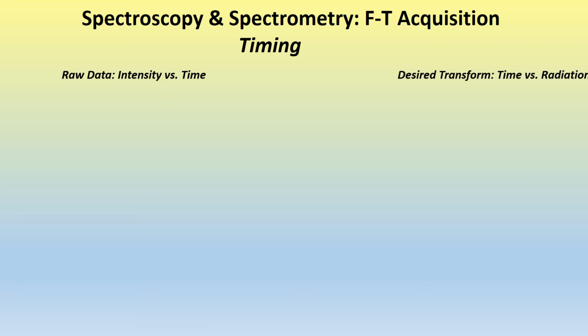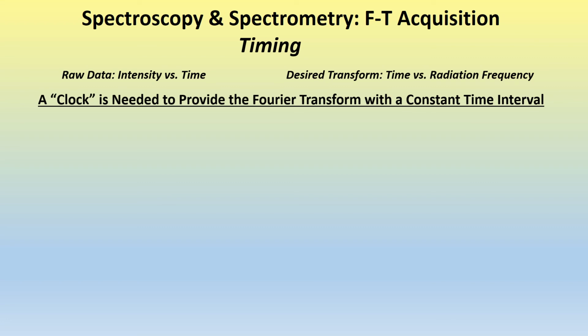Fourier transforms are based purely on timing. The raw data, as you saw, was based on intensity versus time to be received by the receiver. The desired transform is to convert time into radiation frequency. Therefore, a clock is needed to provide the Fourier transform with a constant time interval. This is something a computer is eminently capable of providing. For